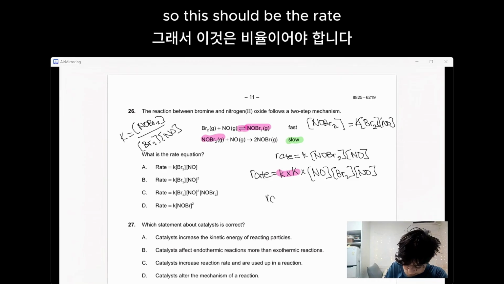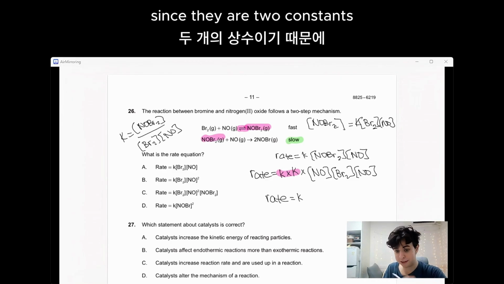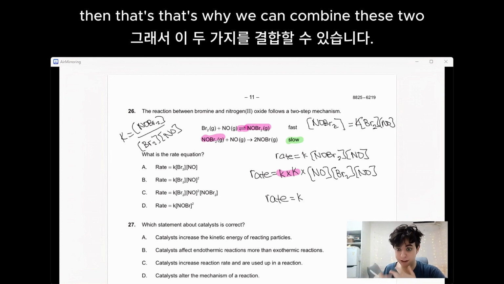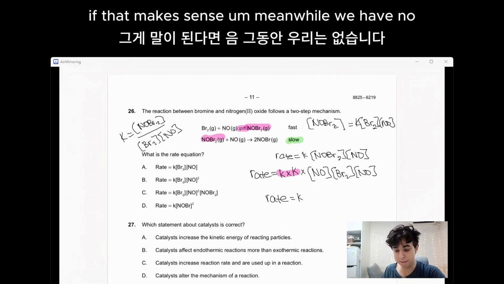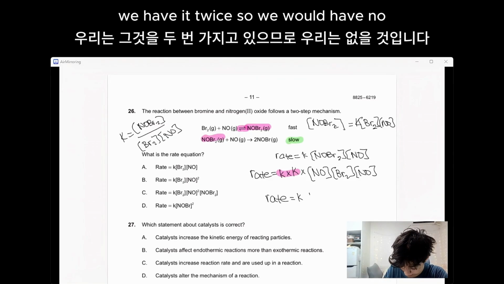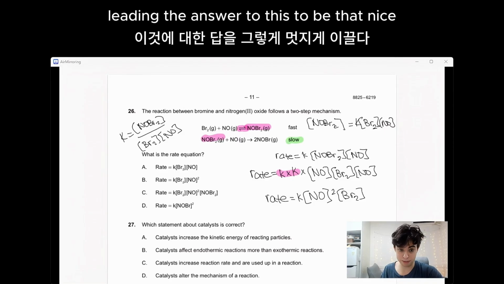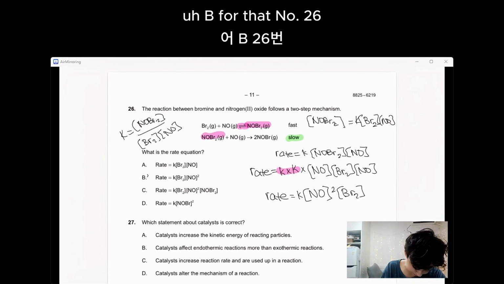So this should be the rate. It's just going to be equal to k. Since they are two constants, they don't change. That's why we can combine these two, if that makes sense. Meanwhile, we have NO twice, so we would have NO squared times Br2, leading the answer to this to be that nice B for